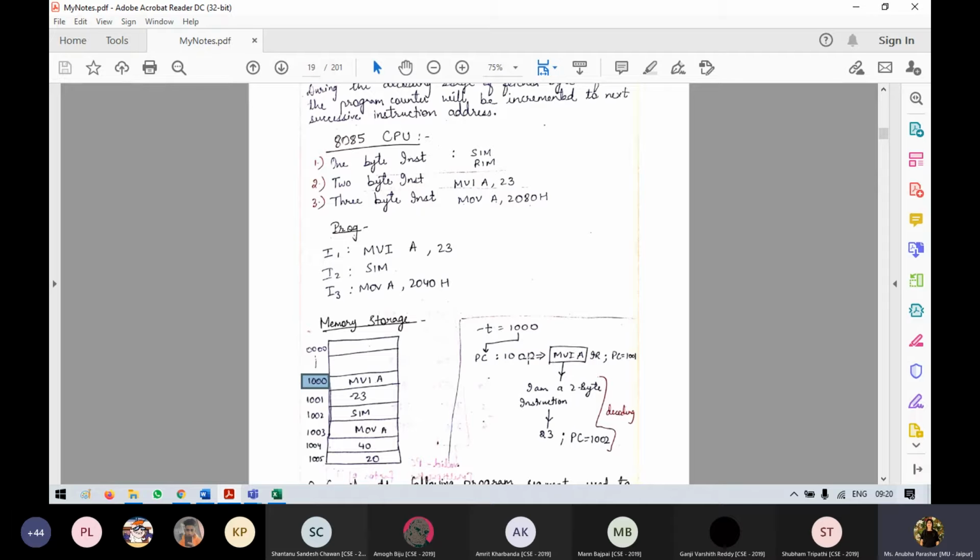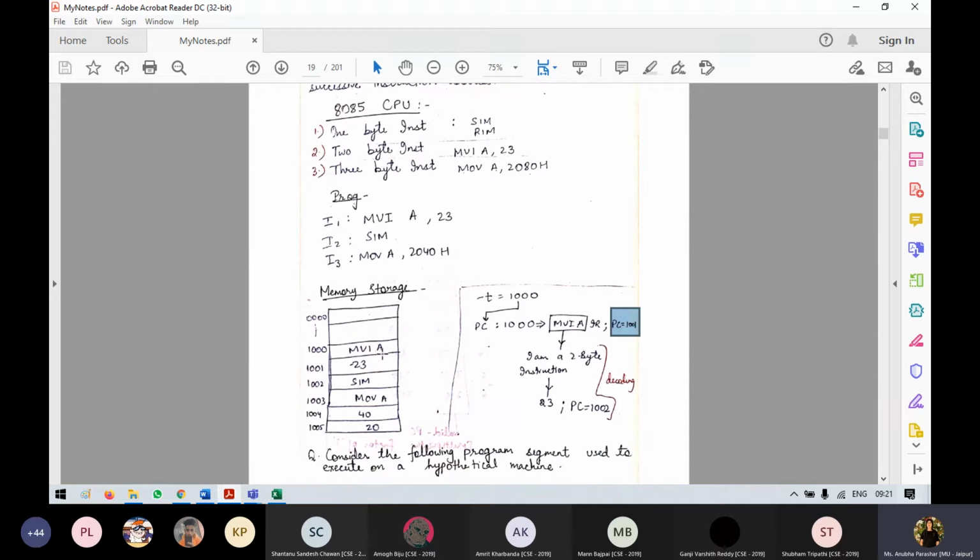So the program counter is holding the address 1000, and this instruction, MVI A, will be fetched. Then there will be an increment register which will increment the program counter by 1 step size. So the program counter is now holding the next address, that is 1001.